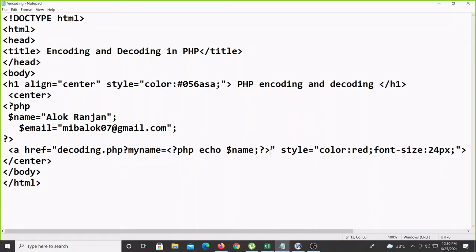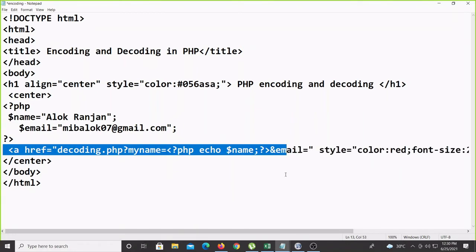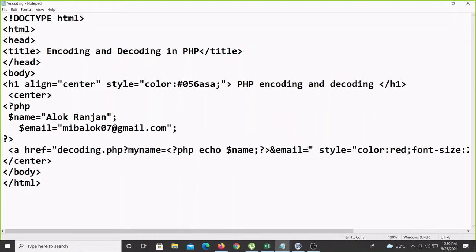If you want multiple values, then we can use the ampersand, and then give one more, email equal to, anything you can write here. I am writing here em only. If you want to confuse the hacker, you can write anything. If you write email, they should know this is the email value. I am writing here just L, that's it, and here I will write ME, enough. So L equal to some value and ME equal to some value, so a person will be confused what is the ME. This depends upon your wish how you want to hide your information. So ME, then again I want to pass the email value.